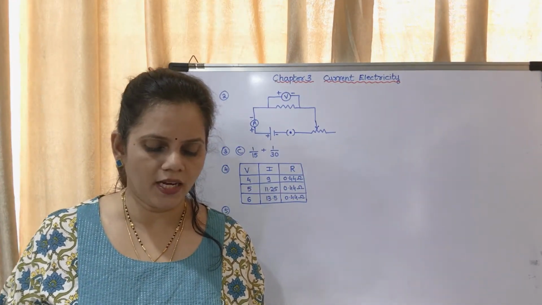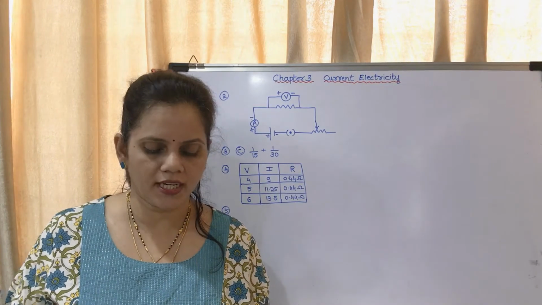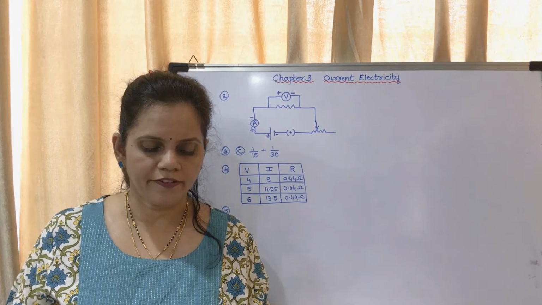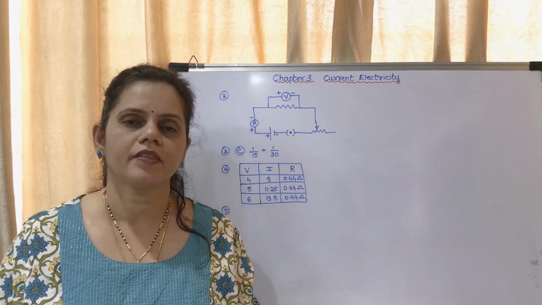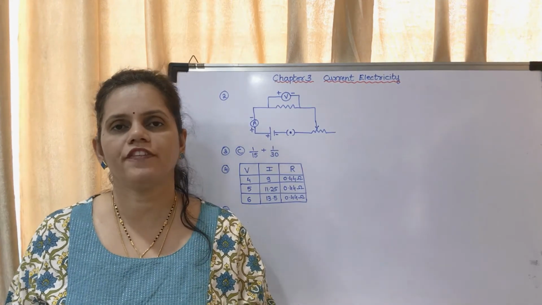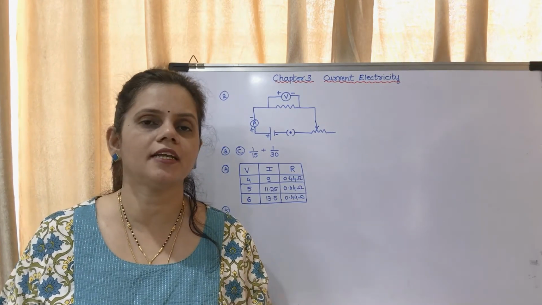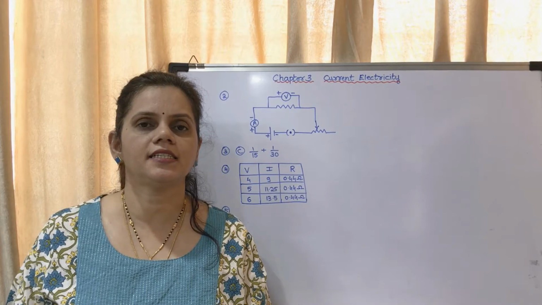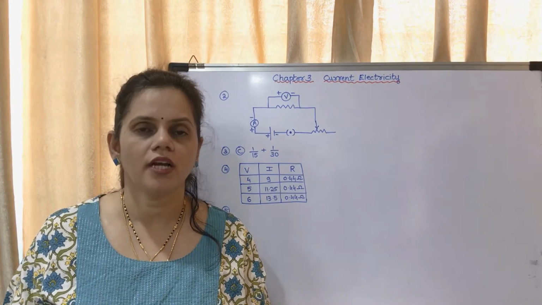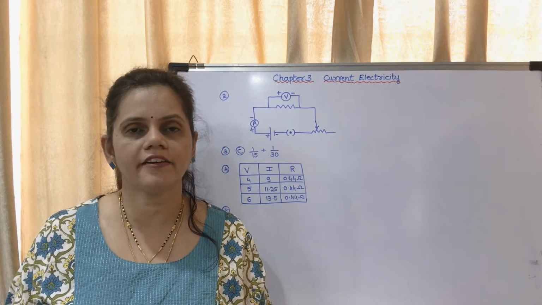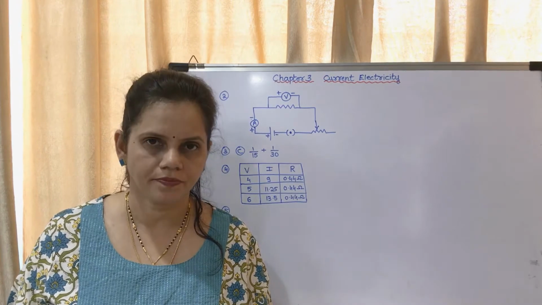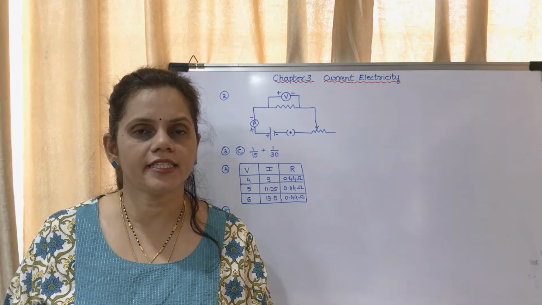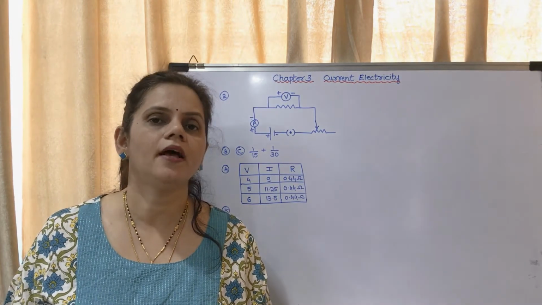Umesh has two bulbs having resistances 15 and 30 ohms. He wants to connect them in a circuit, but if we connect them one at a time, the filament gets burnt. If you are connecting one at a time, it is getting burnt means the resistance is more. Okay, as the resistance is more, the current is more. If you have to decrease the current flowing, you may connect them in series. Okay, now if you have to decrease the resistance, you may connect them in parallel.